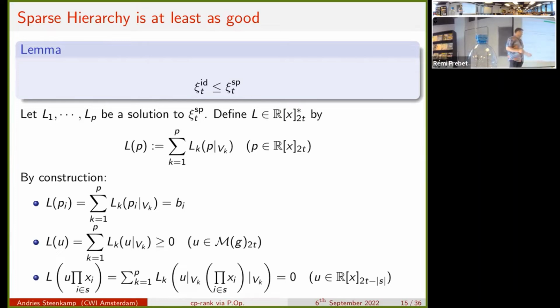By construction of the polynomial PI, you can just run through its definition. For something from the quadratic module, you just run through it, and then each of these terms is non-negative, also by the definition of the LKs. For the ideal constraints, something from the ideal, plug it into L, you break it into a sum, and then these things become zero, not because of ideal constraints on the LKs, but simply because something from the ideal is not supported by any one of the multiple LKs. So that's how the ideal constraint is transferred into the definition of the LKs.